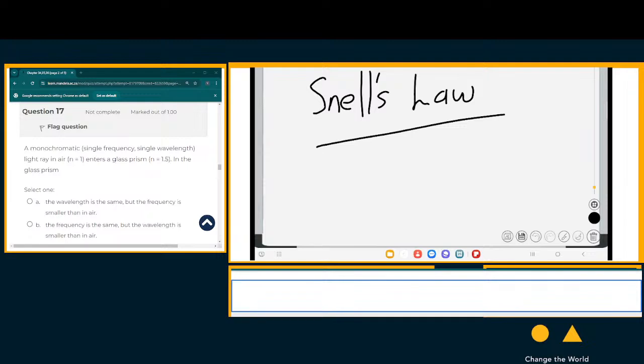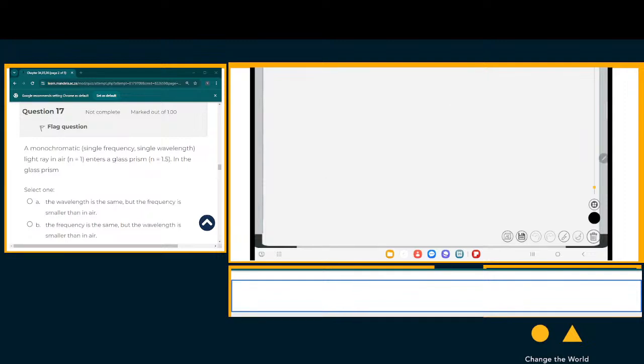Okay, so Snell's law. What is Snell's law? What does Snell's law state? Growing up in physics back in high school, this used to be my most favorite law. Well, this and the one on gravitation. Now, Snell's law simply states, let me just write it here. Okay, so Snell's law